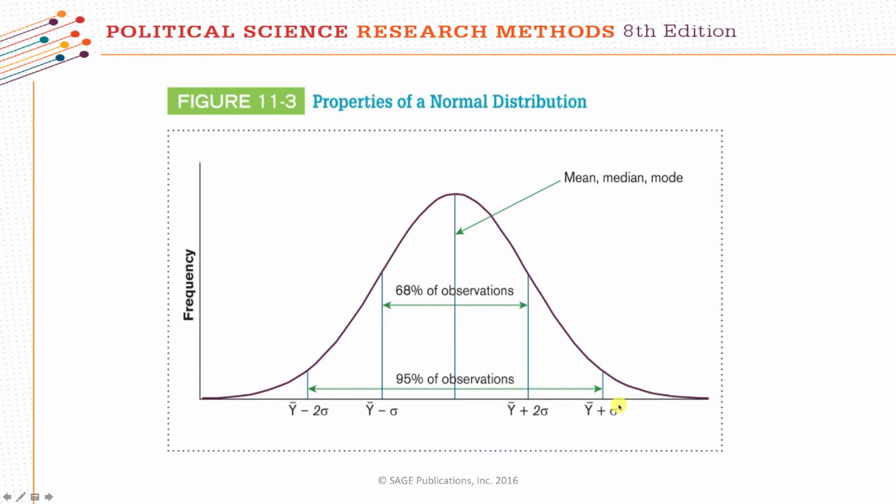Above the mean, below the mean. 95% of all data. So only 2.5% are going to be out here, and only 2.5% are going to be out here, presuming that your data are normally distributed. So you have 68% within 1 standard deviation, 95% within 2 standard deviations, and then you have 2.5% out here and 2.5% out here. These are the properties of a normal distribution, and that's why knowing what the standard deviation